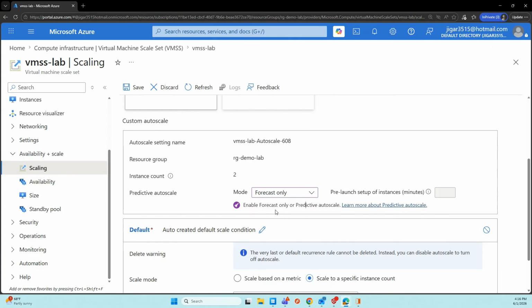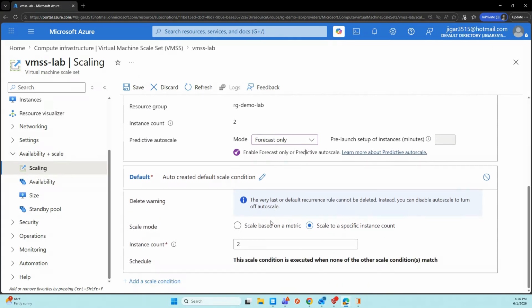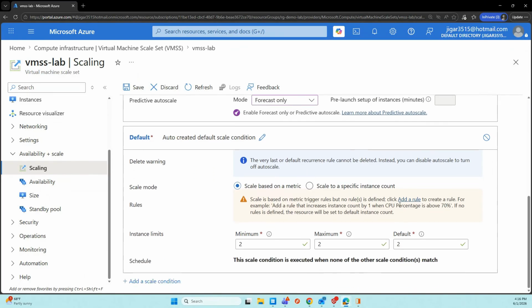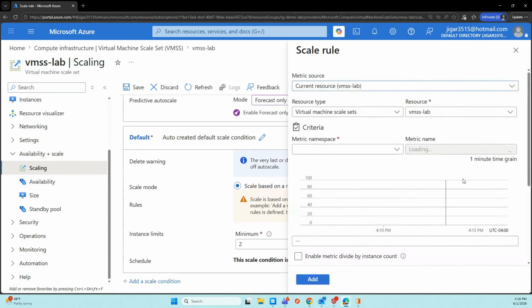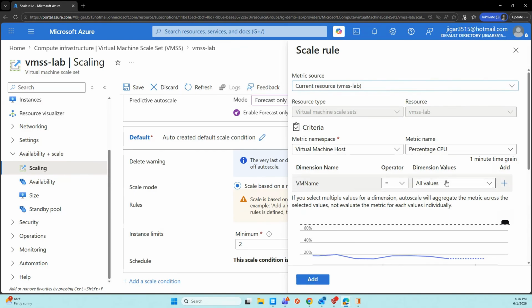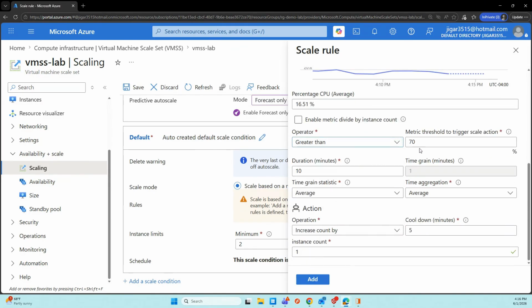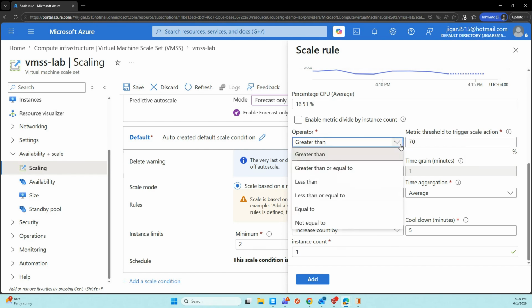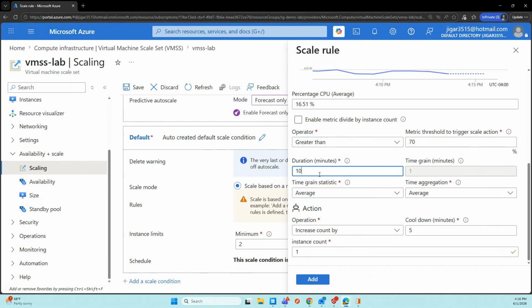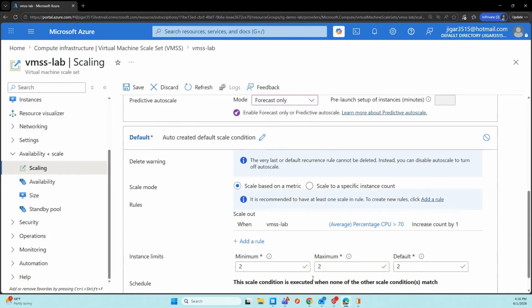For scale mode, change it to scale based on metrics. Click Add a rule. Metric name, CPU percentage. Operator, greater than. Threshold 80. Duration 5 minutes. Action, increase count by 1. Click Add. This rule means if average CPU across all instances exceeds 80% for 5 minutes, Azure adds one more